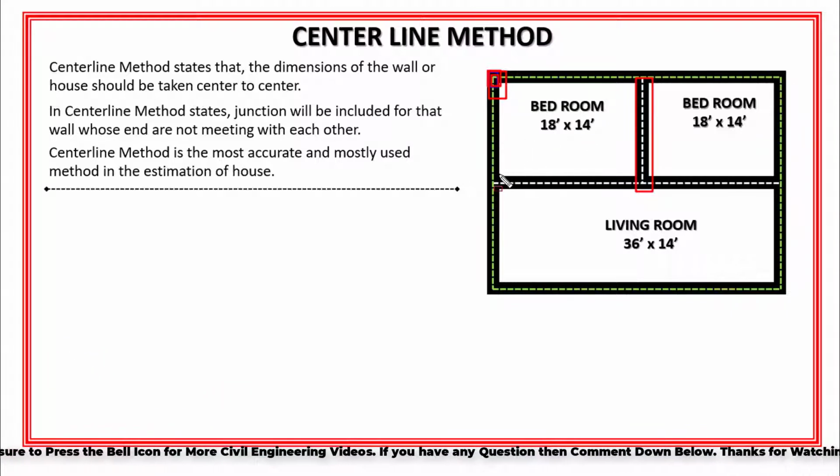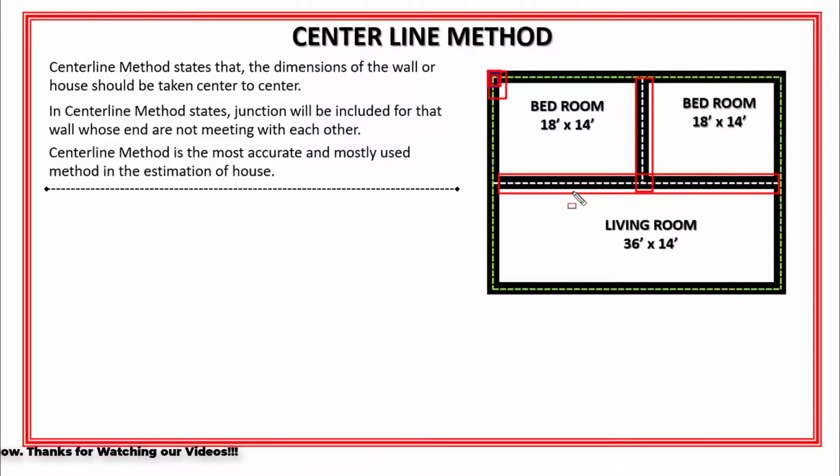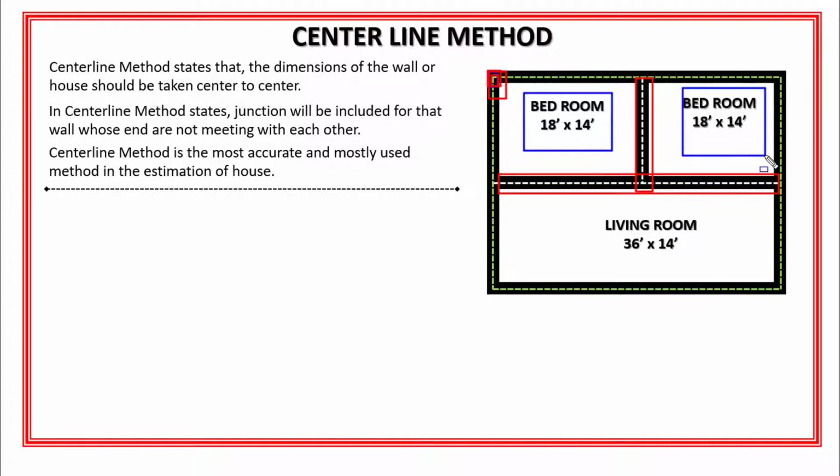Now first let's understand the role of partition walls in the construction of a house or building. So the role of a partition wall in a house or building is it divides the inside area of a plot into small areas like rooms, kitchen, bathrooms, etc. Okay. So if you look at this plan right here, these two partition walls have divided the whole area of this plot or house into two small rooms and one living hall. Okay. So this is the main function of the partition wall.